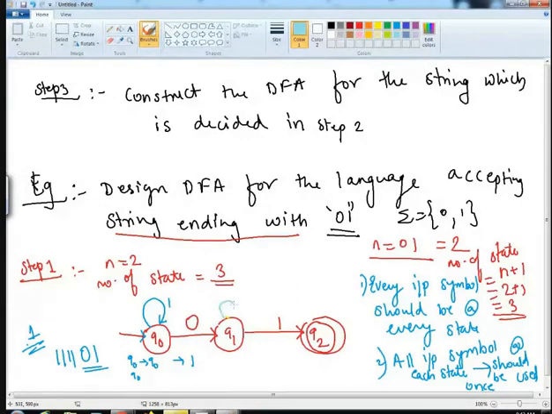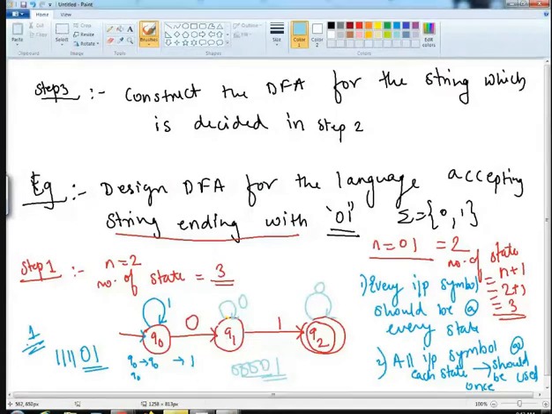So with a self loop, what will happen? Even though whatever number of times zeros it will be taking, if I have given 0 0 0 1, it is again ending with 0 1. So the machine moves from Q0 to Q1, it will go into the loop n number of times. Over here you can see 3 times it will move, and again to 1, with 1 it will go to Q2 state.